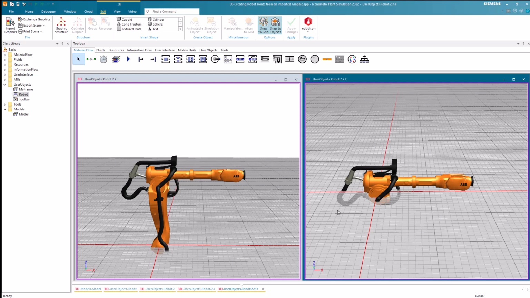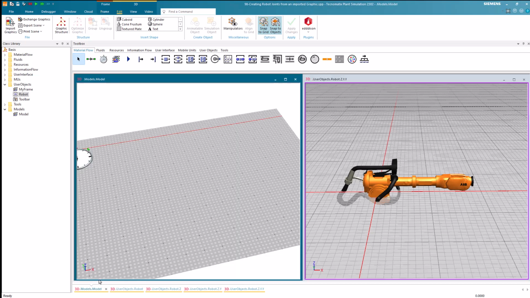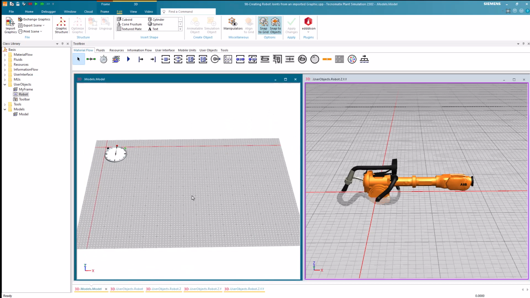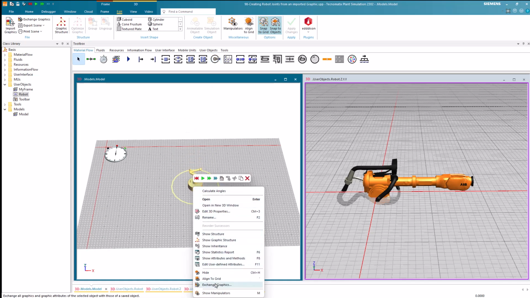At the fourth axis, we will encounter a challenge. So essentially our goal is to construct the robot's joints in a manner that aligns with the supported configurations of Plant Simulation. The supported configurations are available in the help section, as demonstrated in the video on the pick and place robot, but there's also a quicker way to access it. To illustrate this, we switch to our model frame. Here, we'll insert a pick and place robot and exchange its graphics with a Comau robot.